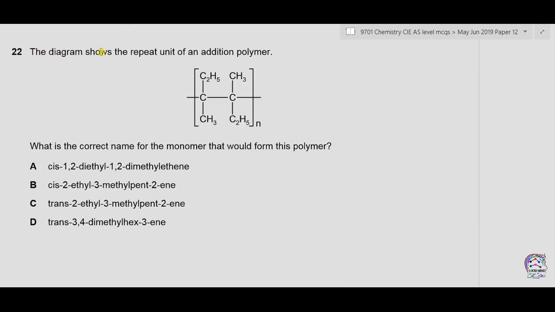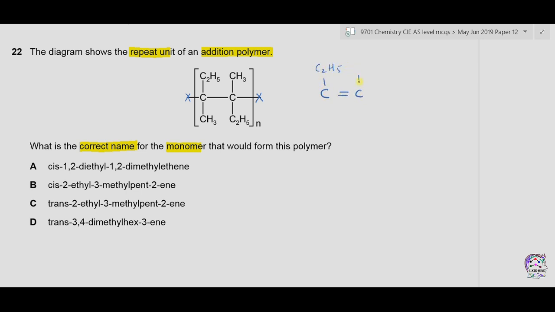Question number 22. The diagram shows the repeat unit of an addition polymer. What is the correct name for the monomer that would form this polymer? So we have to find out the monomer of this compound. Now the easy way to find out a monomer of an addition polymer is that you have to remove these bonds and the central bond will become a double covalent bond. So we can write C double bond C,